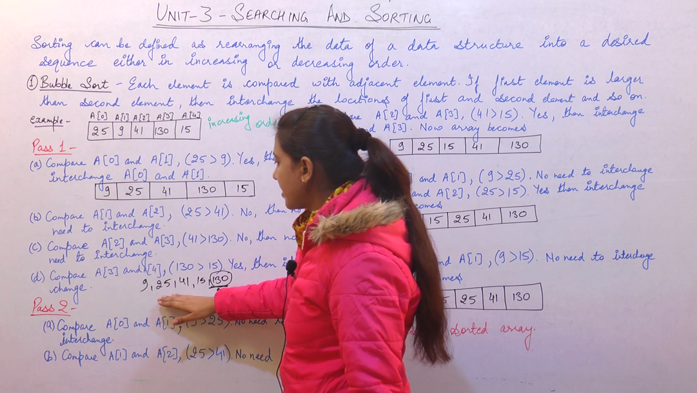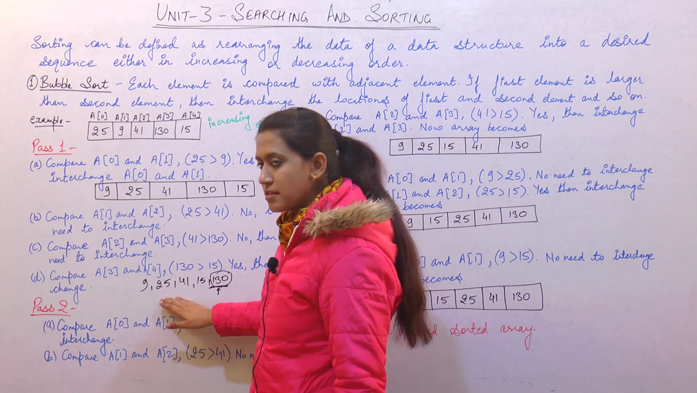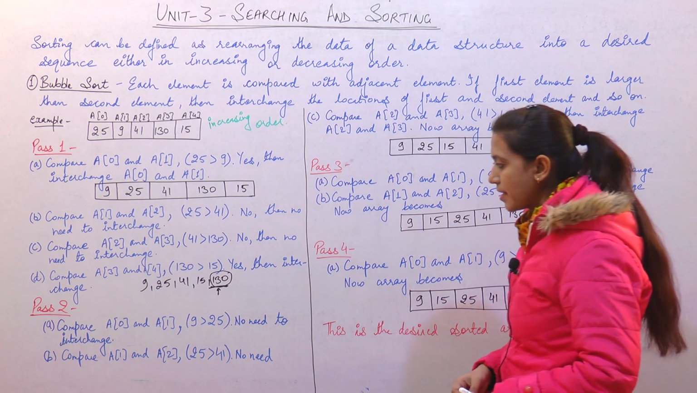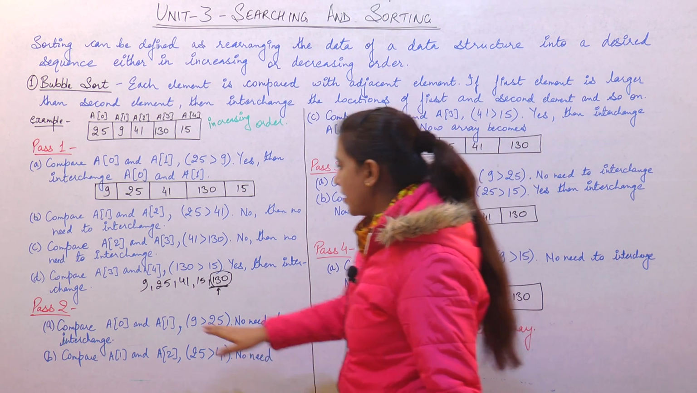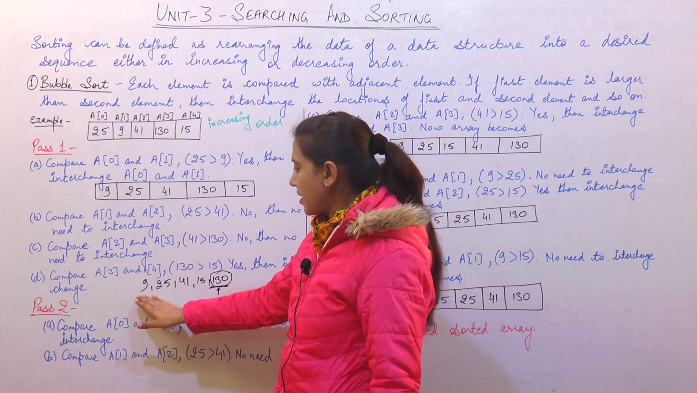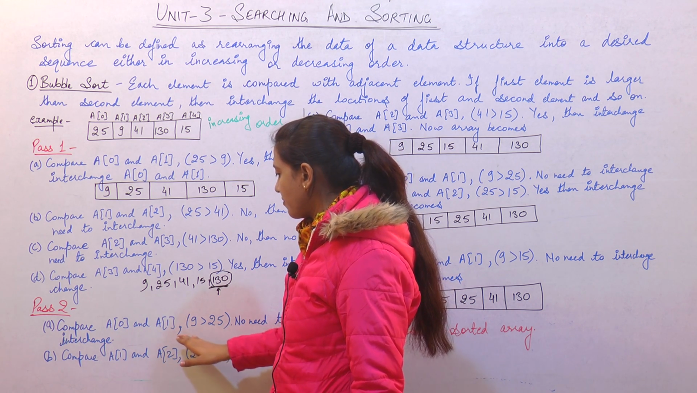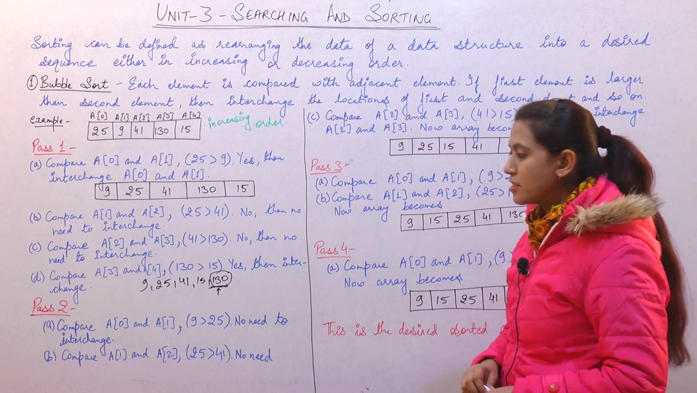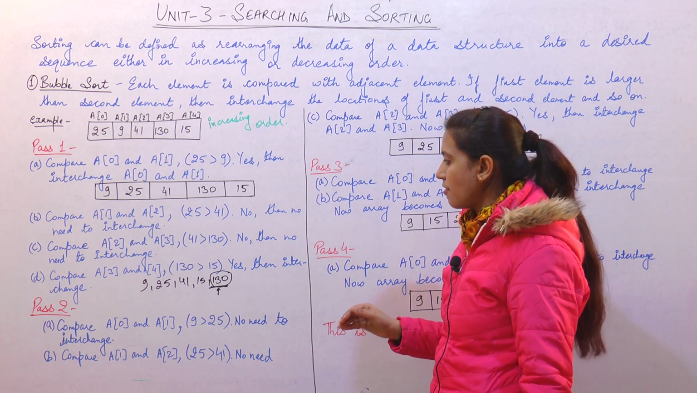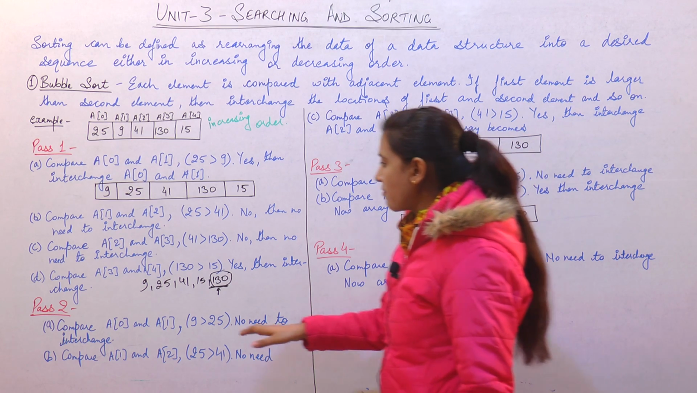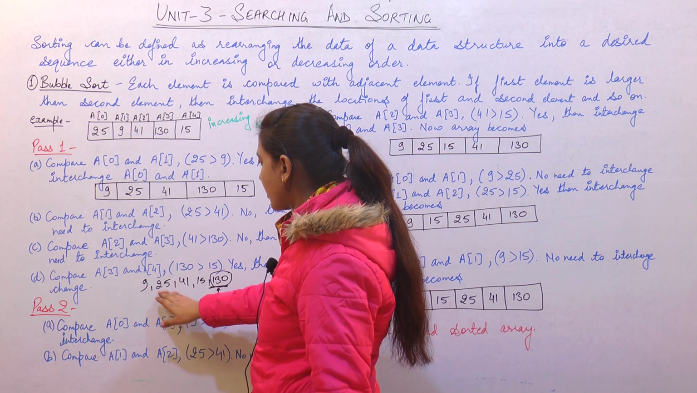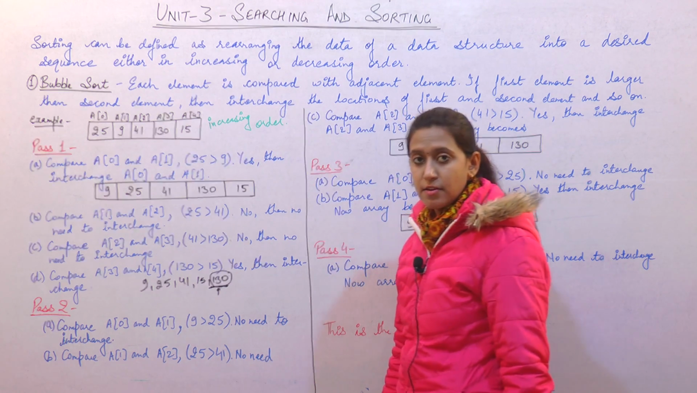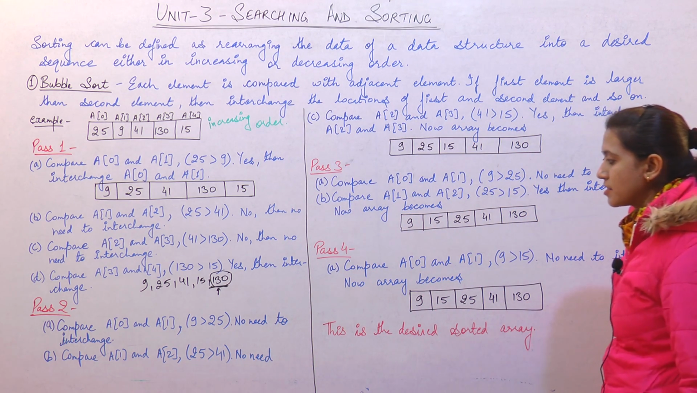Taking this resultant array as the initial array in the second pass, we will compare A0 and A1. A0 contains the value 9 and A1 contains the value 25. Is 9 greater than 25? No. That means there is no need to interchange the positions of 9 and 25. Moving further, we will compare the values of 25 and 41. Is 25 greater than 41? No. Then also there is no need to interchange the positions of